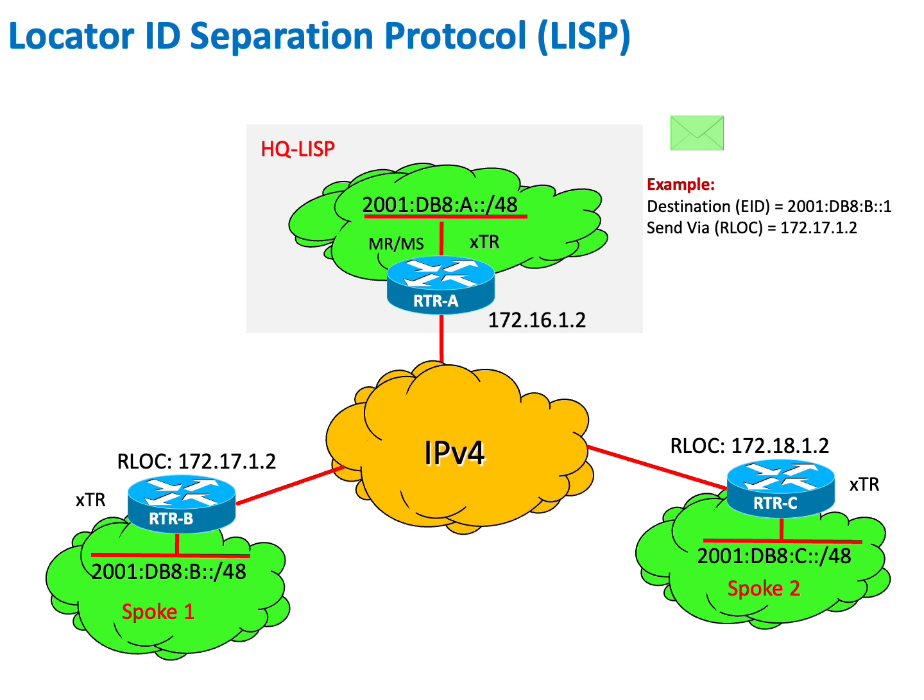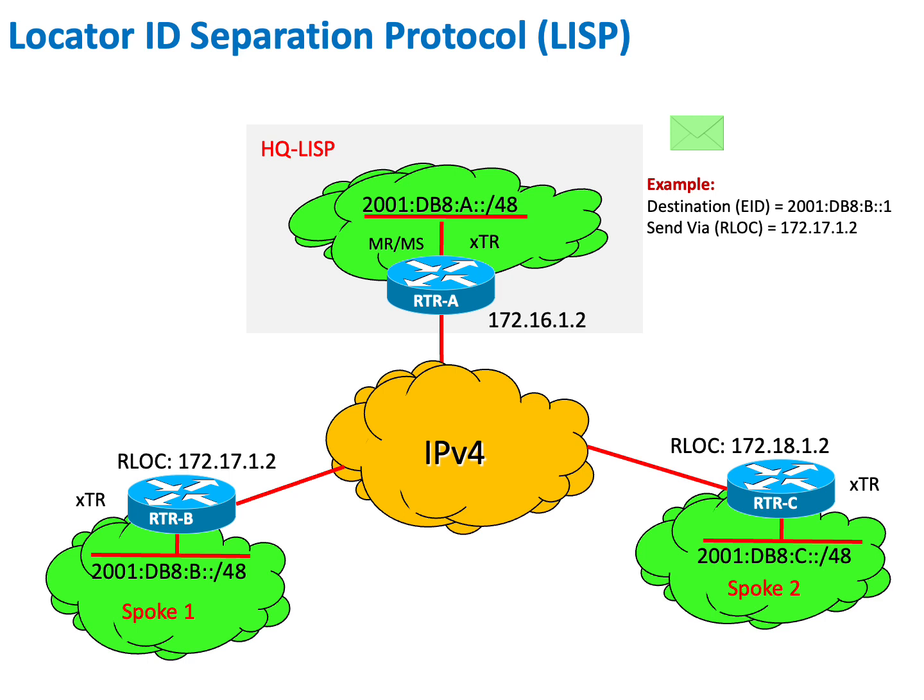Using the map server and map resolver, the network can now resolve how the routing locators, or RLOCs, and their IPv4 addresses correspond to specific IPv6 addresses. These routing locators will forward the IPv6 packets to the appropriate endpoint identifiers, or EIDs, of specific hosts within their network. The information from the map server and map resolver can be cached at routers B and C after the